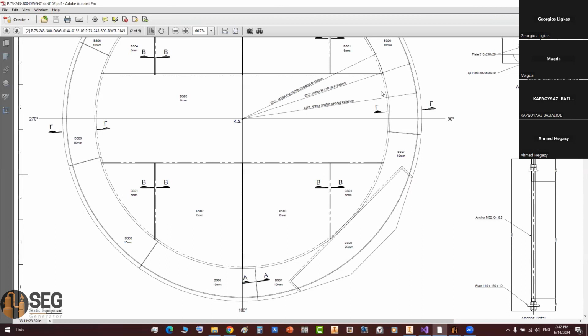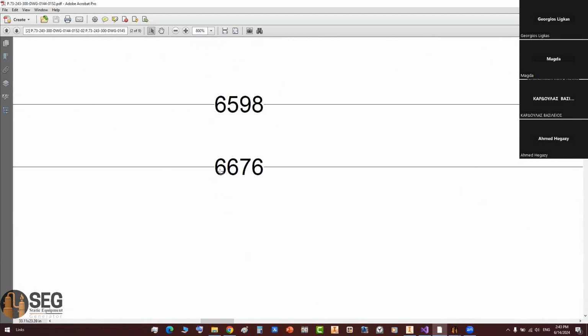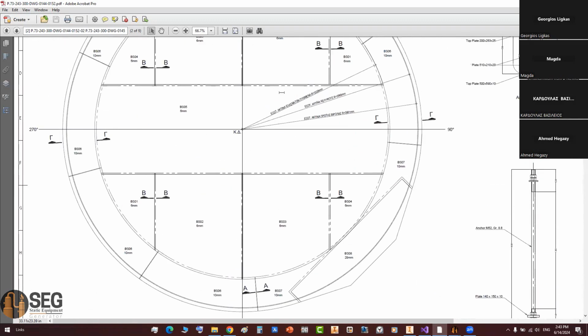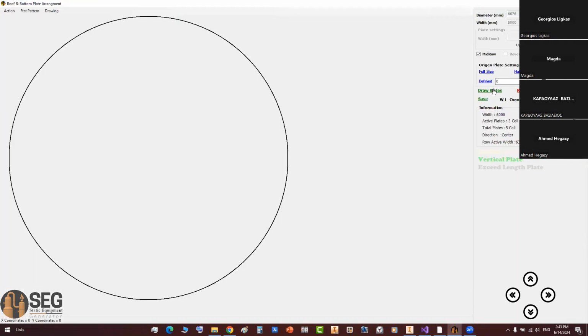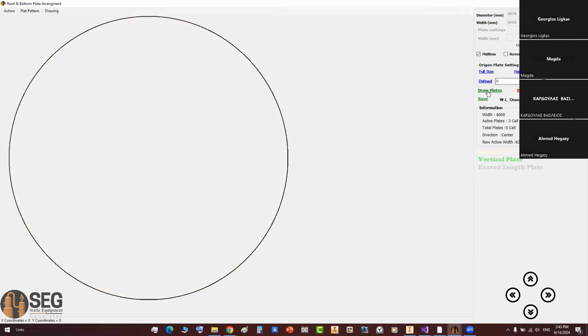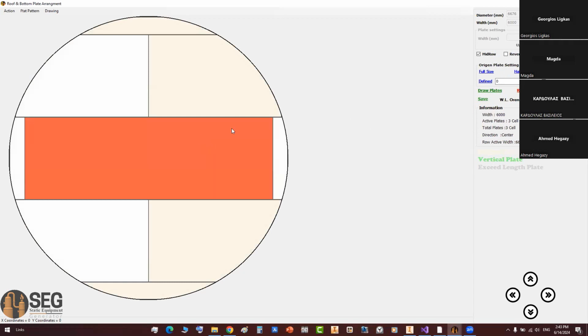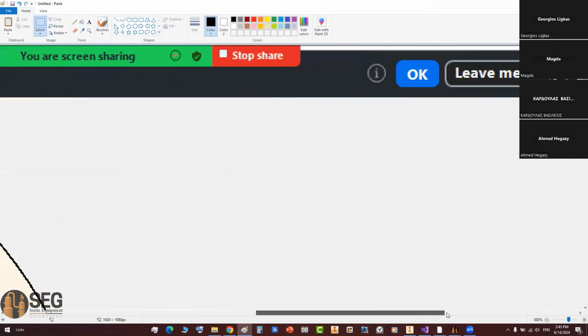Now let's come back here to that image. As you can see here, the mid-annular plate is, I think, greater than 6 meters, because here that value is greater than 6 meters. So if we try to make that configuration by selecting the mid row and clicking draw, remove the all centered option, reset and click draw again, you can figure that this plate, if you take a look at the information of the plate, so let's take a print screen and put it here and take a look at the information